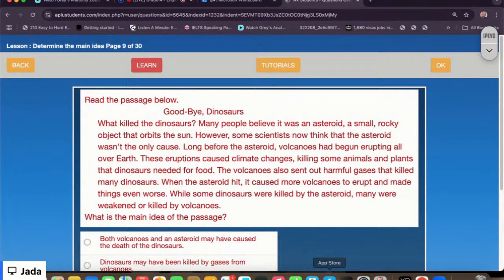All right, so this is about goodbye dinosaurs. You can also have a look at the passage and we can see,